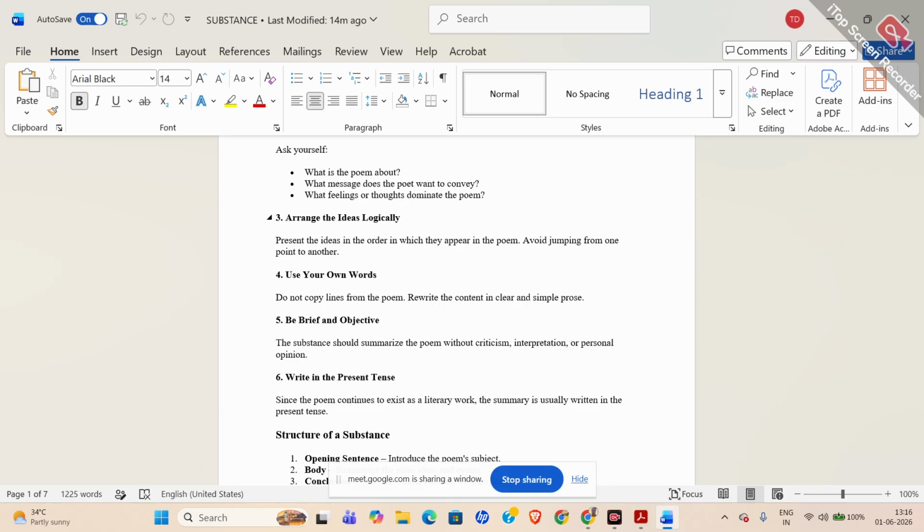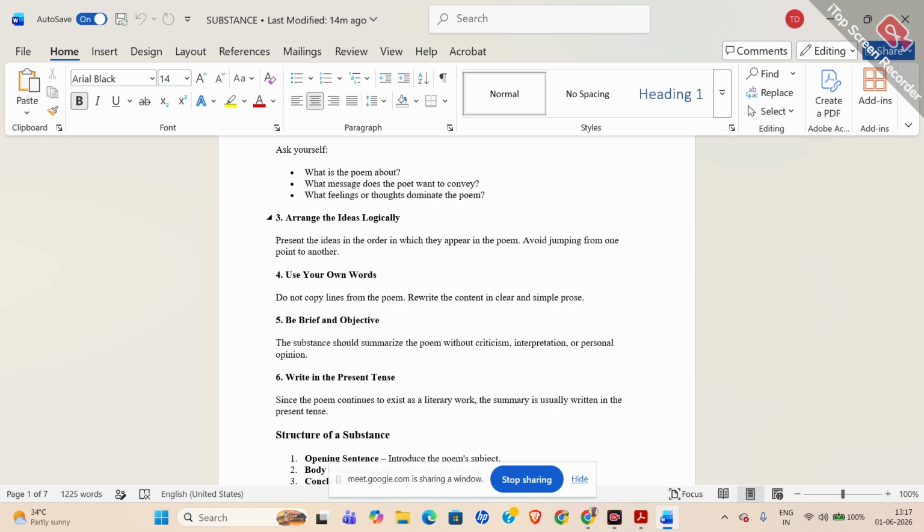Present the ideas in the order in which they appear in the poem. Avoid jumping from one point to another. So obviously, when you are writing the substance, you have completed the first 2 steps. পড়ে নিয়েছো, বুঝে নিয়েছো। এইবারে তোমাকে you have to write, লেখার কাজ এলো। লেখার কাজ যখন এলো, তখন তোমাকে কিন্তু ওই যে আইডিয়া গুলো তুমি ফর্ম করছো in your mind, obviously you have to put them down onto your examination script or paper, যাই হোক।